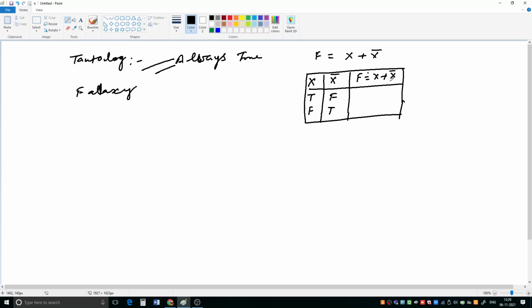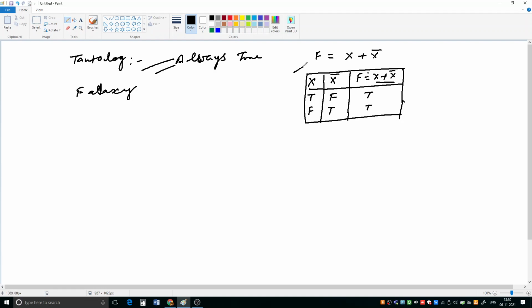Now we have to evaluate x plus x naught. As previously we have seen, this is the OR operator, so the OR operator returns false if both of its operands are false, otherwise in all other situations it gives us true. For this expression we have two operands, x and x naught. One of them is true, so it will give us true. Here also one of them is true, so here it will give us true.